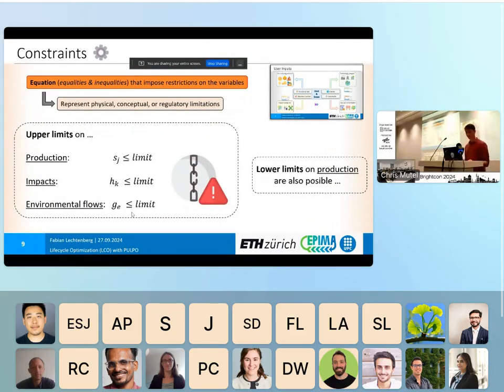Okay, finally, about the constraints. Currently, we have the option to put upper limits on the scaling vector, on the impact vector, and on the environmental flow vector. Depending on the type of process that you're constraining, you could interpret this in different ways. So if you put, for example, an upper limitation on a market, this could mean that your